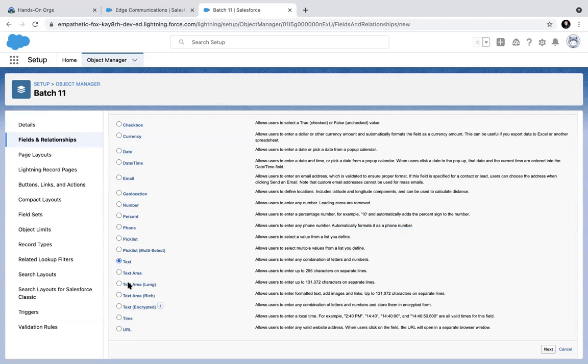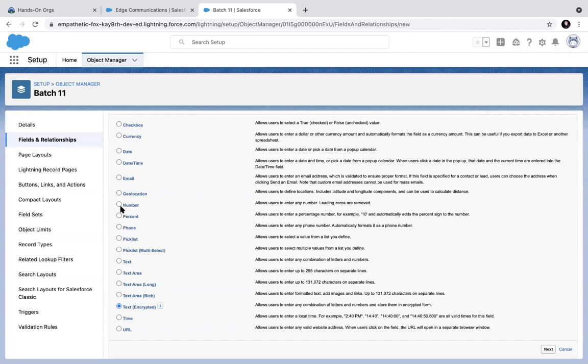Similarly, long and rich text can also be used. Long gives you a lot more characters to store. Rich gives you a lot more characters to store, but you can also format data. So you can put images, you can make text bold or italic. Encrypted text masks data. It is stored in encrypted form. So these are different functionalities which Salesforce provides out of the box. You can choose the appropriate data type so that the system validates that data when a user is inputting it, and it blocks garbage data. So always try to choose the correct format so that the user gives the proper format.